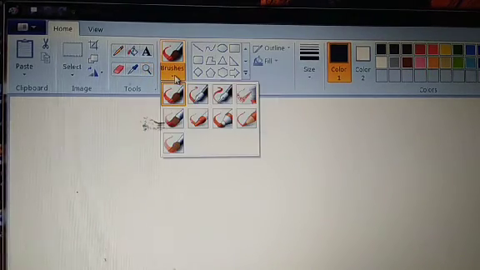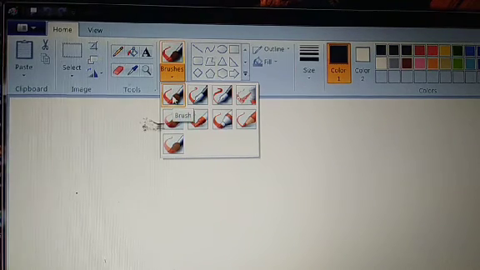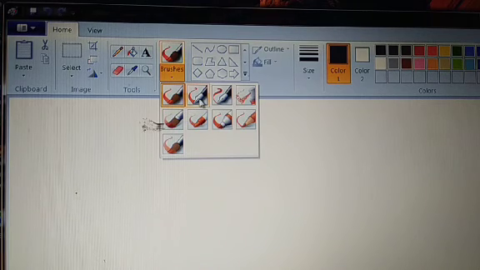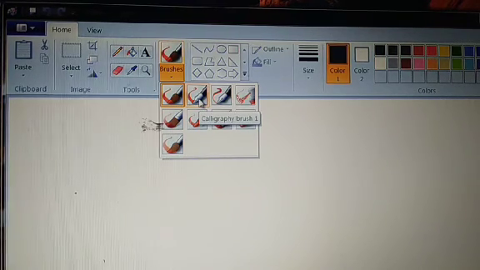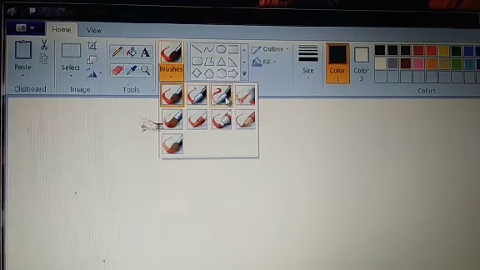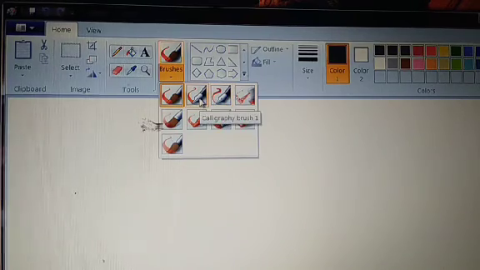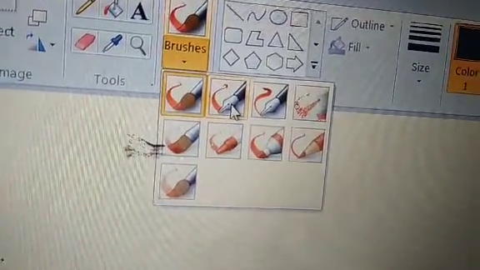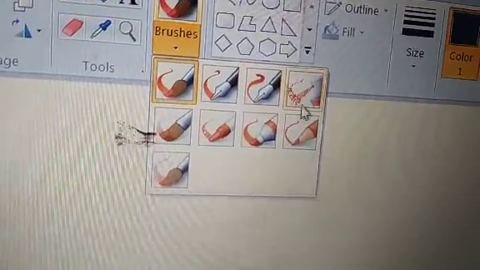Now brushes. Here 9 brushes are given. Simple brush. This is calligraphy brush 1, for writing. Calligraphy brushes are used for writing. This is calligraphy brush 2. This is the airbrush.